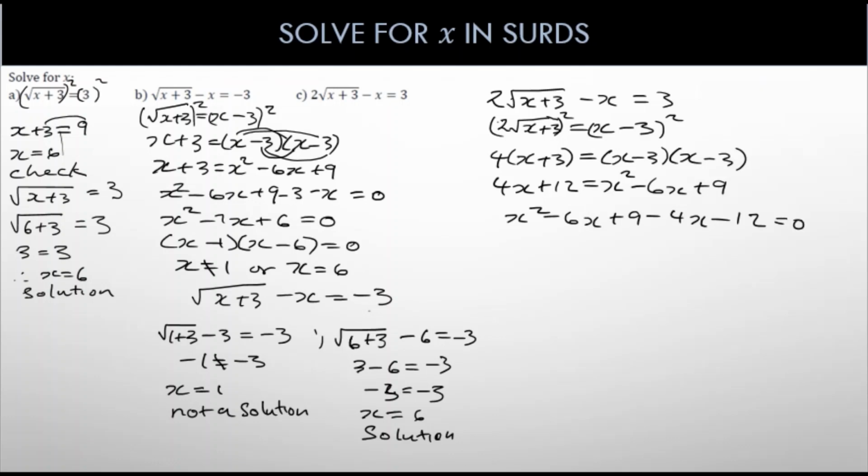Then if I add my like terms here, I'll be left with x squared minus or plus 2x, because these two are like terms,